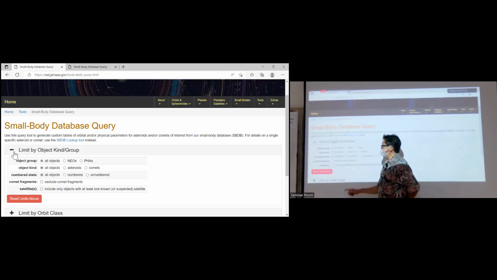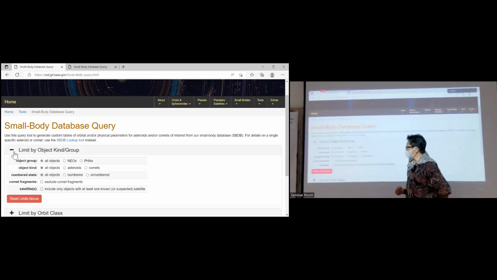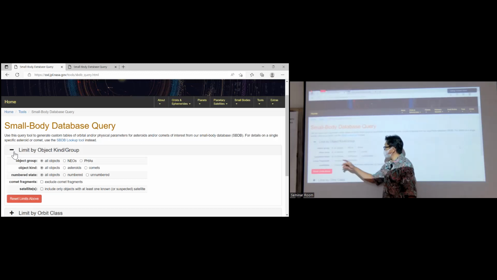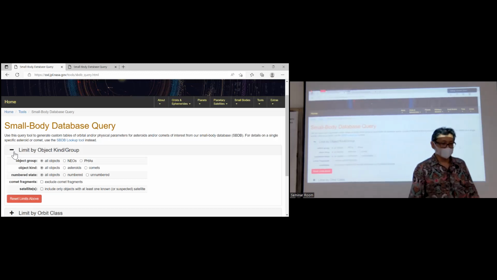Fragment, comet split, or satellite. So you can choose asteroid, for example, or comet, or all objects if you want asteroids and comets. Okay?